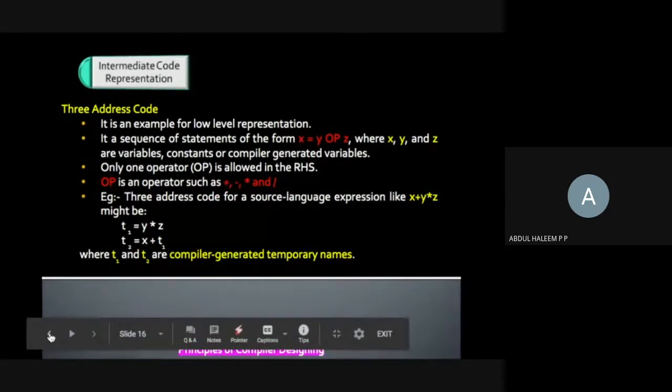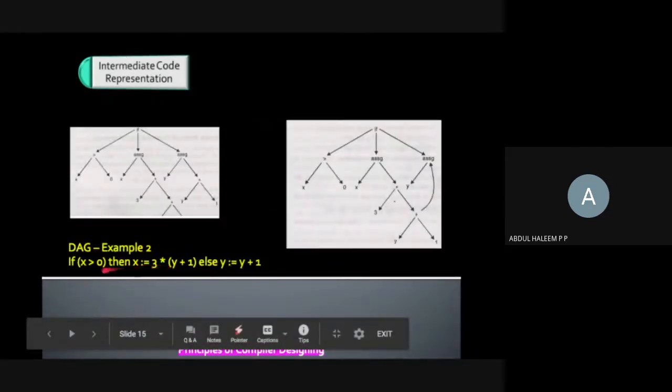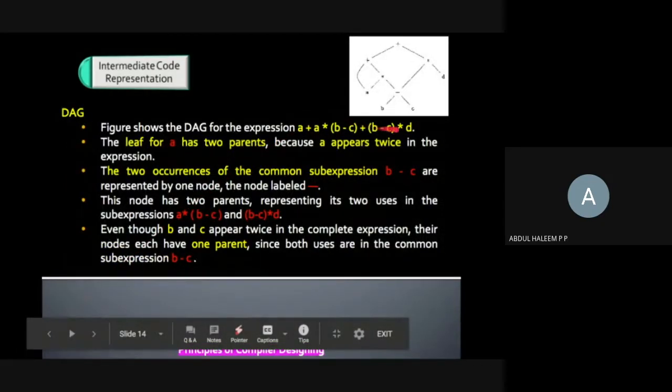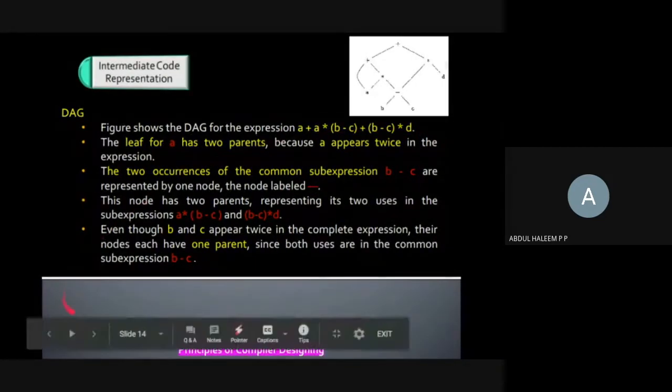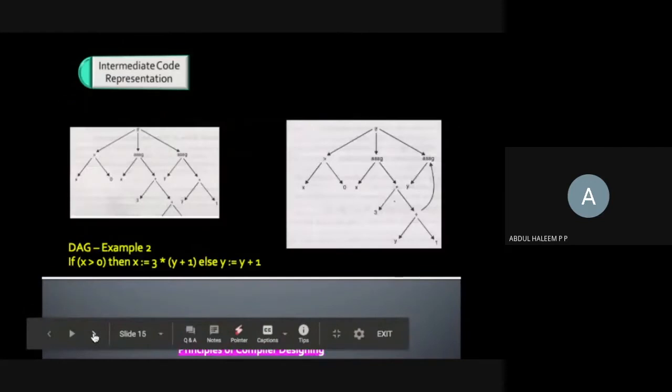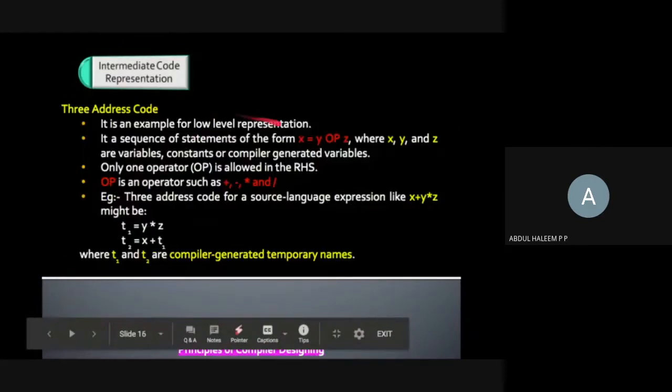Our original expression can be an if statement, or a statement like this, where we have multiple operands and operators on the right hand side, whereas when we go for a three address code, we will be using only one operator and